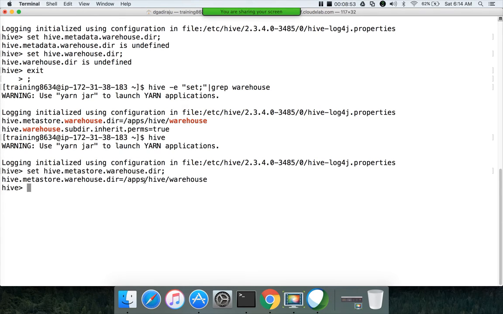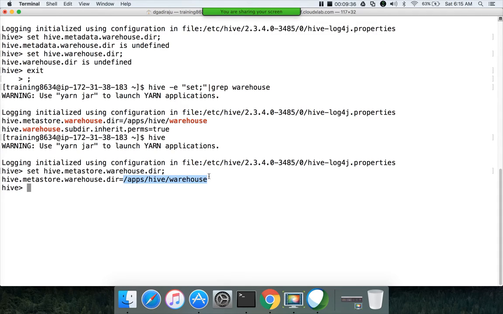Okay, so if it is a Cloudera cluster, it could be /user/hive/warehouse. So depending upon the distribution, the default value changes. But in Apache Hadoop or Apache Hive, which is the open source Hive, the hive metastore warehouse directory is by default /user/hive/warehouse. And if someone wants to override it, they have to make the changes to the configuration file called hive-site.xml. So you don't need to worry much about it as a developer. As long as you know this parameter and you know how to get the actual warehouse directory, that is good enough.